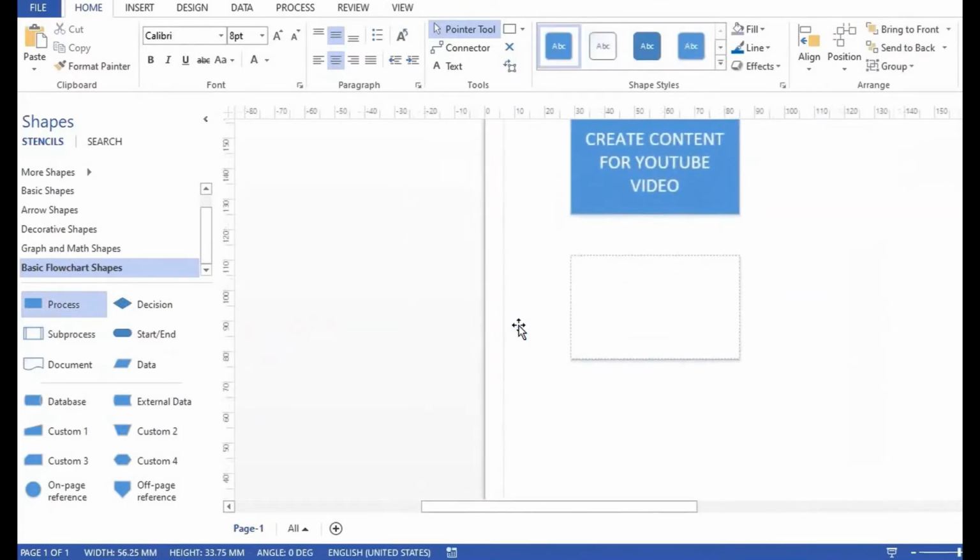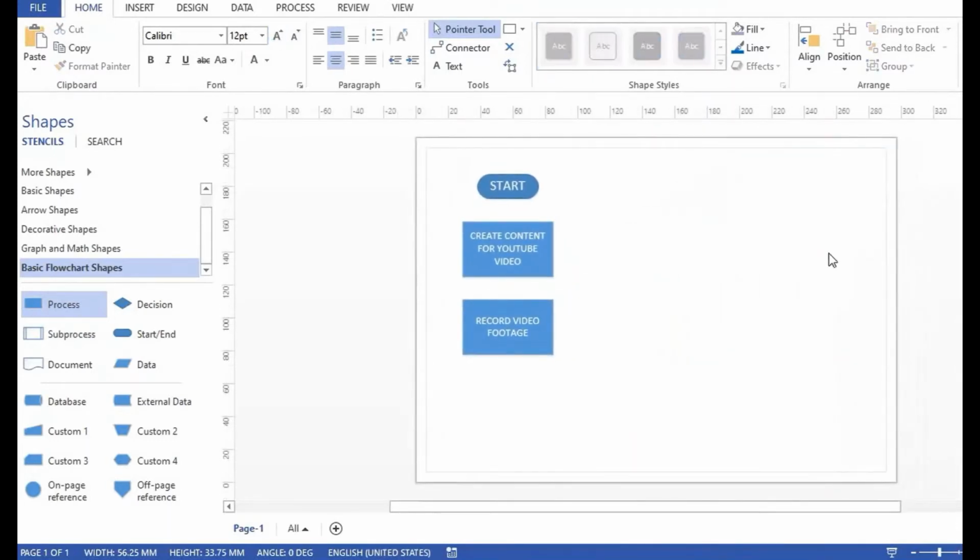double click, record video footage. So that's the next thing I do. Record video footage. After I do that, it's time for me to make a decision as to whether or not